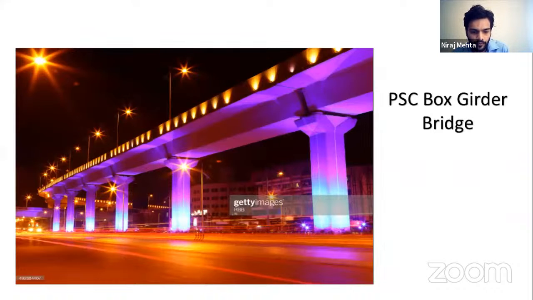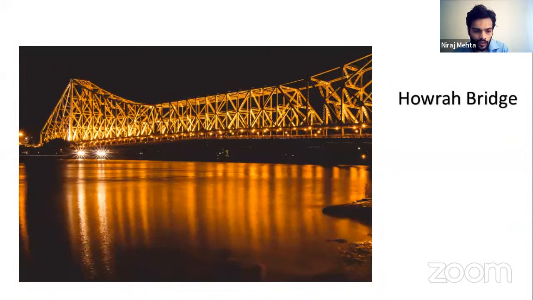So basically, when we see a bridge engineer, it is not necessary that a bridge engineer would only design mega structures like Howrah Bridge or maybe Golden Gate Bridge in California or Chenab River Bridge. These are very iconic structures which come in a span of 5 years, 10 years.